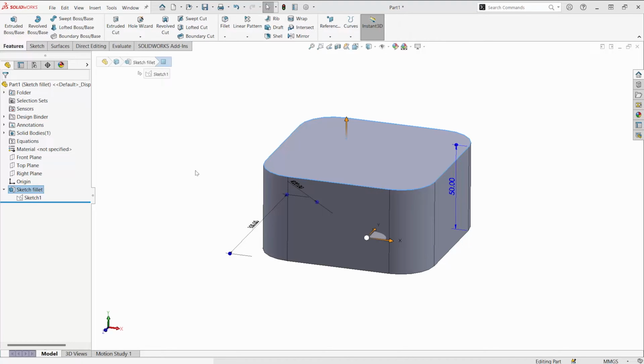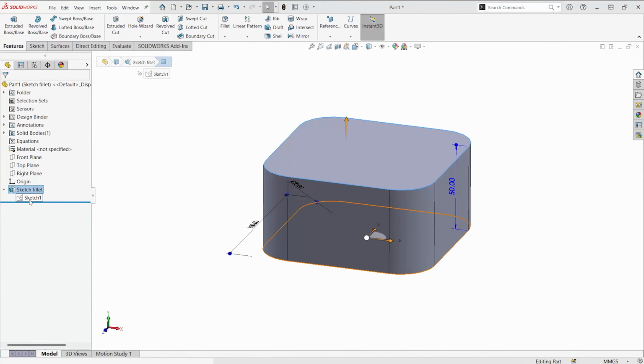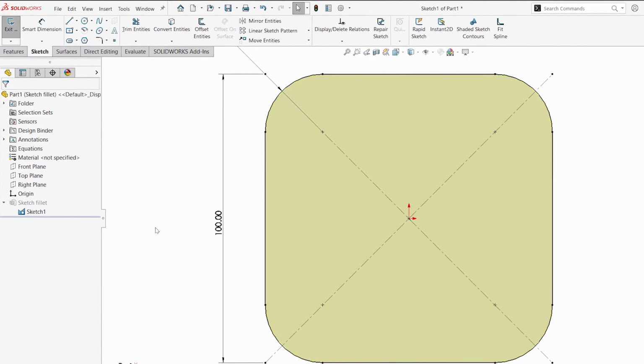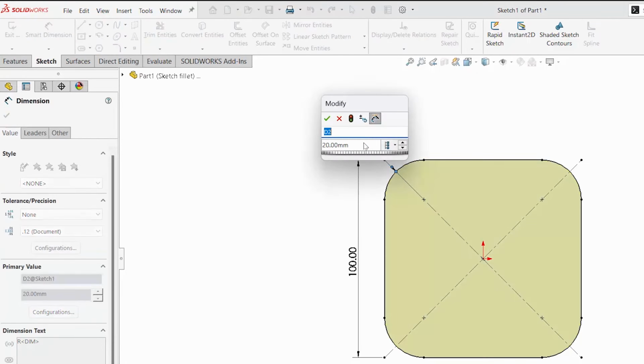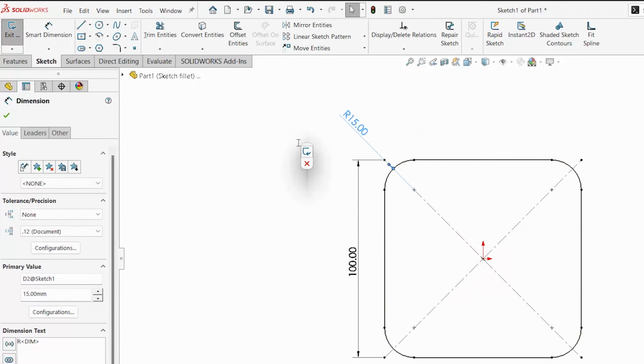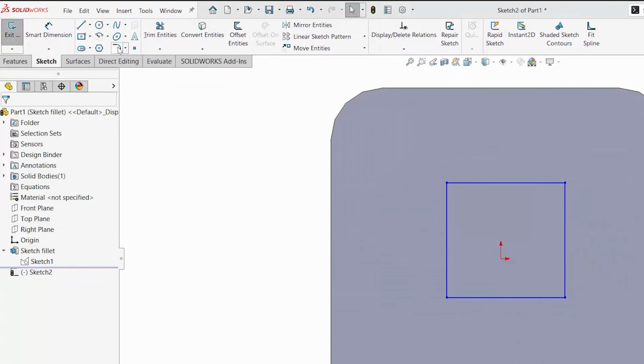In this video tech tip, we're going to take a look at sketch fillets versus feature fillets. If you don't know what a sketch fillet is, basically when you make your sketches, you have the option to create a fillet on edges that are coming together. Here you can see it on a rectangle, and these fillets can all be linked so that if you need to modify a dimension, it can all be changed.